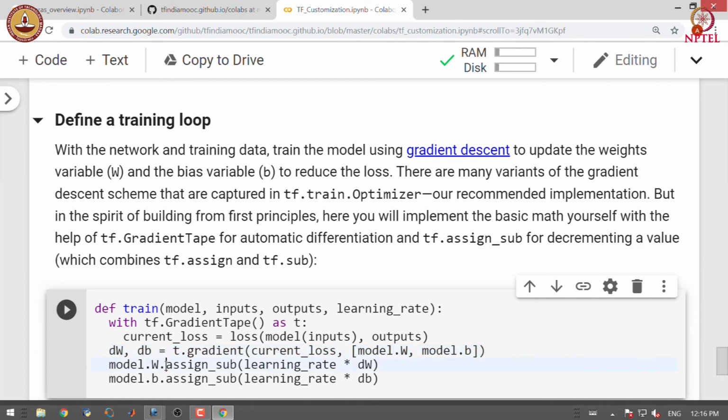So, we assign W by subtracting from W the learning rate times the gradient, and we obtain new B by subtracting from B the learning rate times the gradient with respect to B.